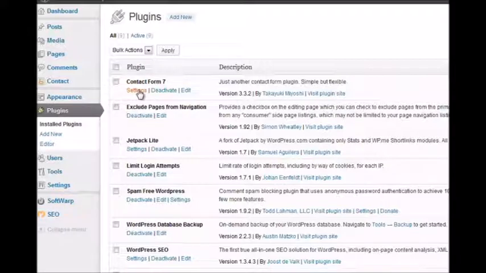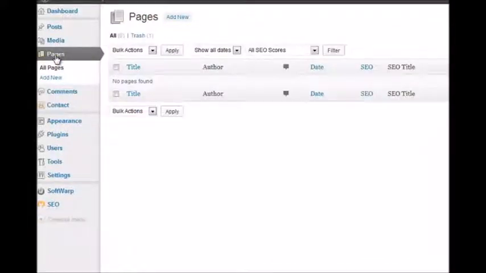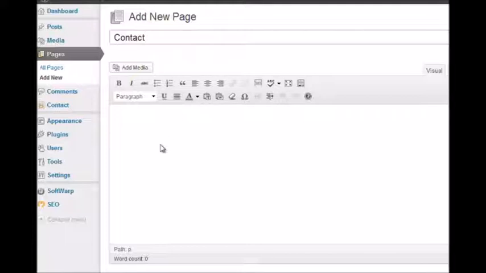Contact Form 7. Settings, there isn't really very much to do here. Basically it sets up a contact form and it gives you what it calls a shortcode. So we copy and paste that, go across to pages, click on add new, and we're going to go for a contact form. Just call it contact, copy and paste that in,